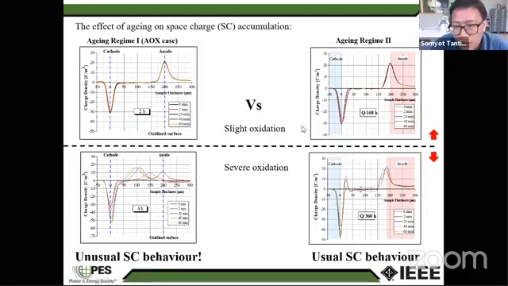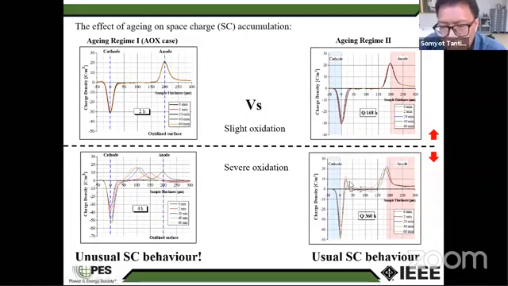And then in the case of uniform aging, the spectral result is shown in the figure on the right-hand side. This is the usual spectral behavior for slight oxidation and severe oxidation. From the figure at the right corner, we call this kind of spectral behavior homocharge, which occurs inside the insulation. But for the severe oxidation, in the figure in the right corner below, we call this